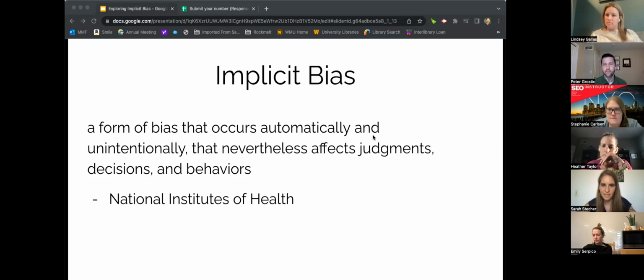If you've ever wondered how a professional athlete can decide not to play their sport for an entire season because their team only offered them $10 million per season and they wanted more, there's no doubt that implicit bias is part of what's going on there. Certainly not the only factor, things like status and reputation factor in there, but it's undeniable that the context that the athlete is in creates some implicit biases that they may not be aware of.